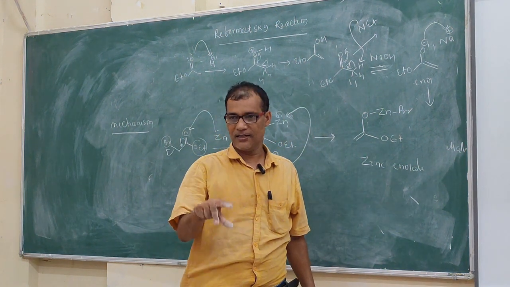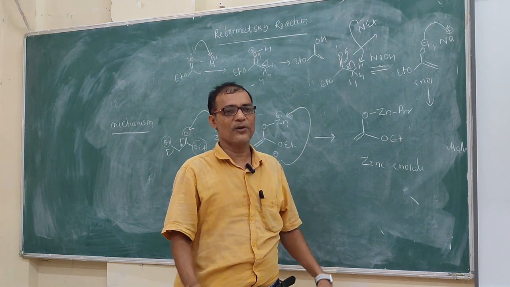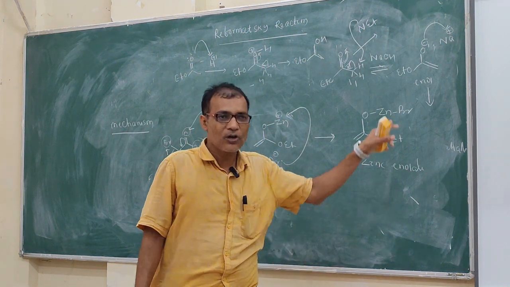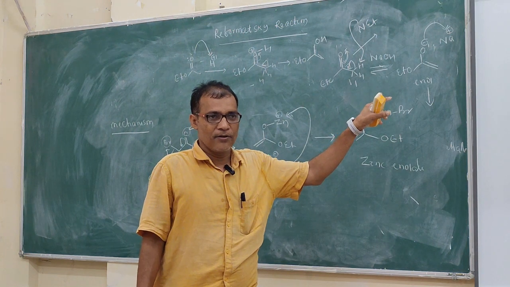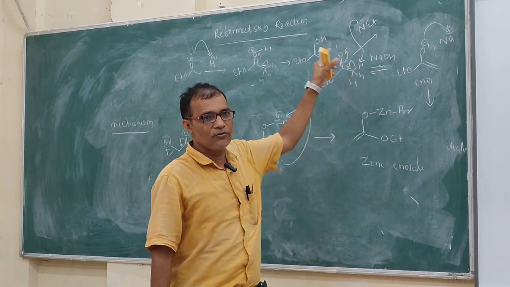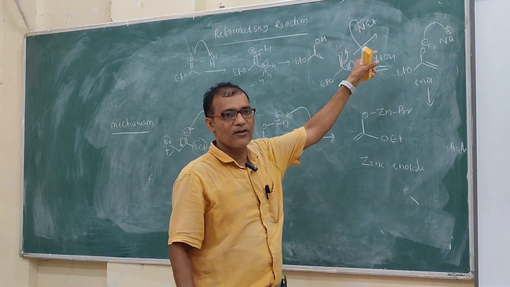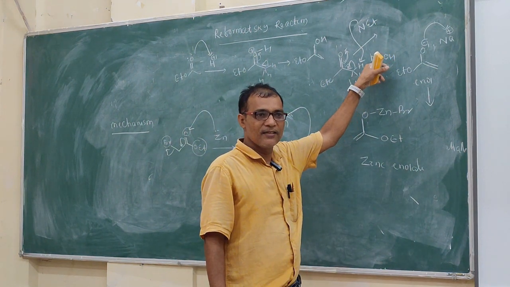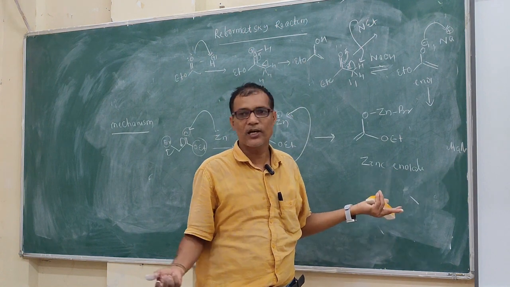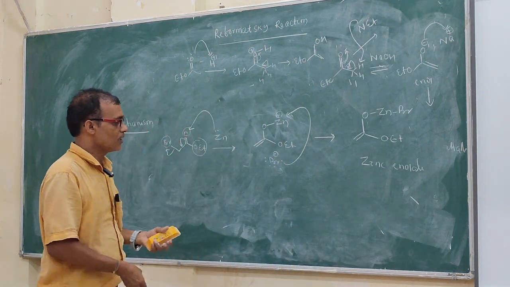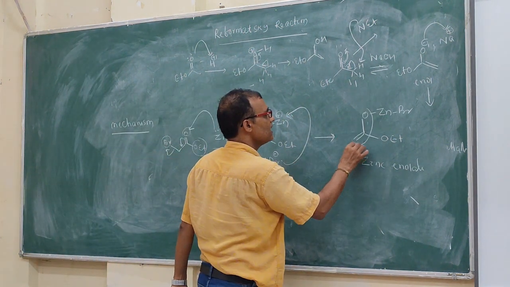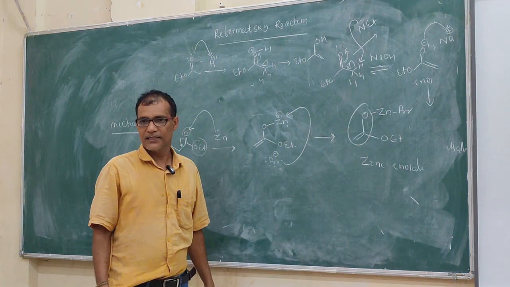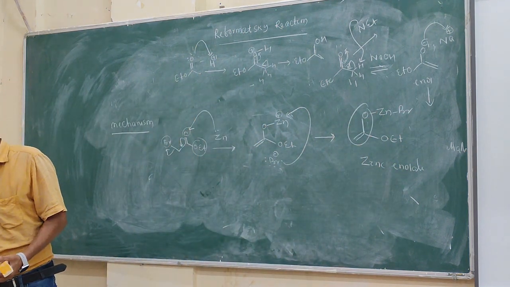Enolate means metal enol, the enol of a metal. Suppose you are taking potassium hydroxide, you will get OK. With acid you get OH, because that H plus is combining, but here the counterpart is sodium. The potassium gives OK, with zinc you get OZn, that's a zinc enolate. Clear now? Okay, zinc enolate, because this carbon is an enol. Now you have the zinc enolate.